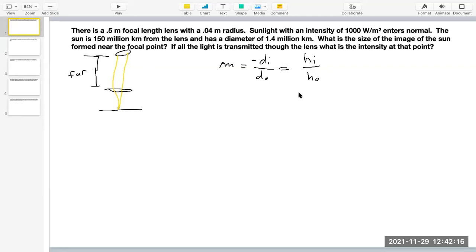So the size of our image is going to be the distance of our image times the height of our object divided by distance to the object, or